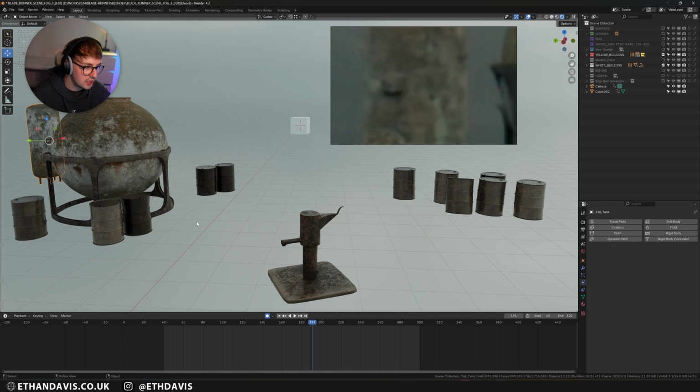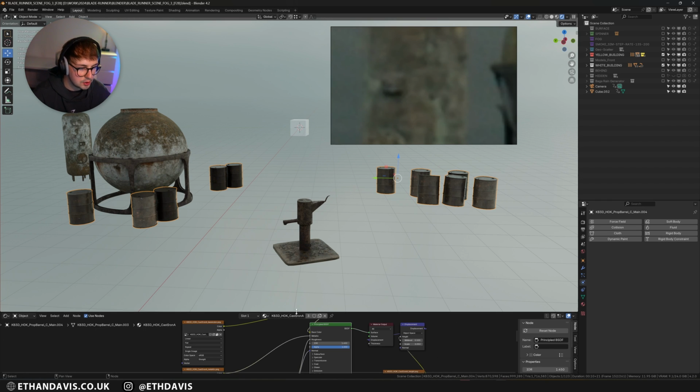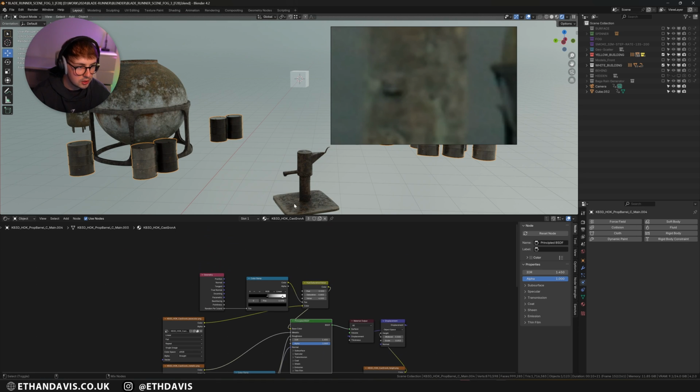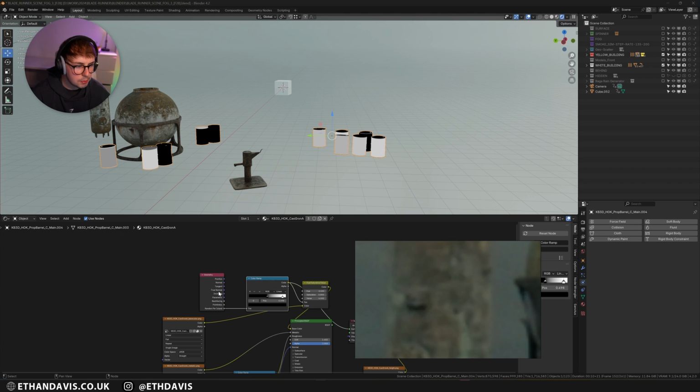And then the barrels I got from Megascans, and I just scattered them around. And just to make them look a little bit more different, I did a random value adjuster. Basically, if they're all joined by geometry, so they're all one object,